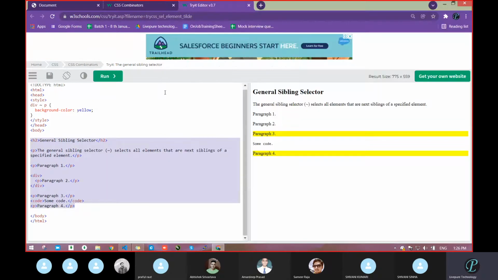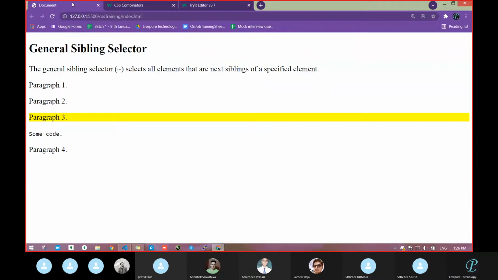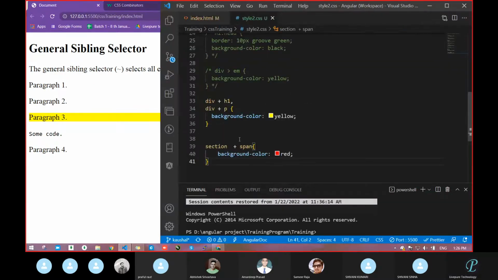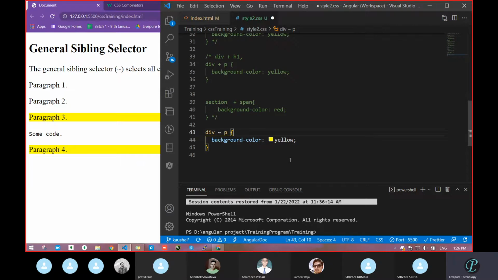As previously, we had gone with different types of selectors; same thing now again. If anybody uncomments this complete code, then it becomes an attractive rainbow.